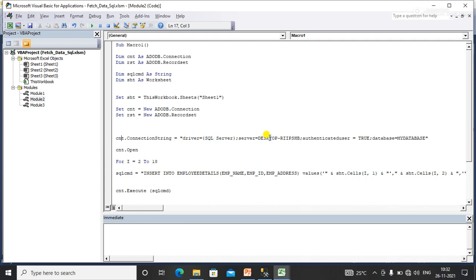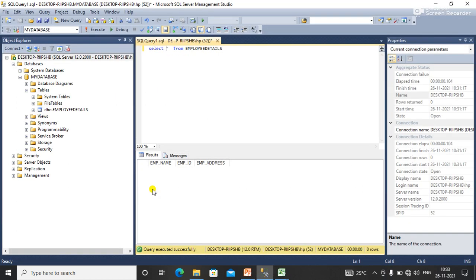Here you need to write your SQL Server name, and here your database name. You can see my SQL Server name is this, Desktop something like that, and here is my database name. In my database I have a table called employee details.